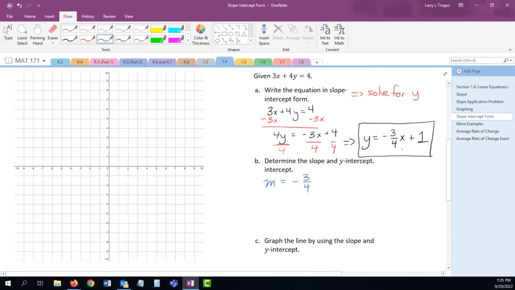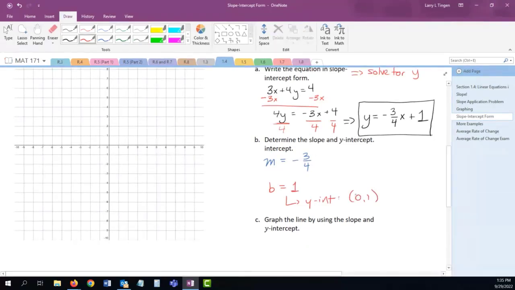The reason for that is I think writing it this way makes it really obvious that the slope is just the number in front, just the coefficient, and not 3x, negative 3x over 4. So that's why you see me do that. The b value here is 1, which means my y-intercept is the point 0, 1. So let's plot 0, 1,